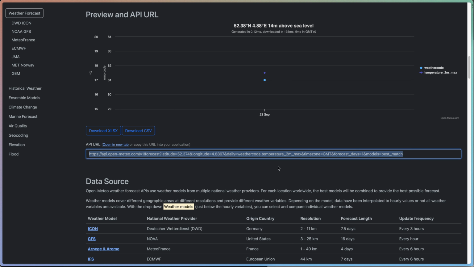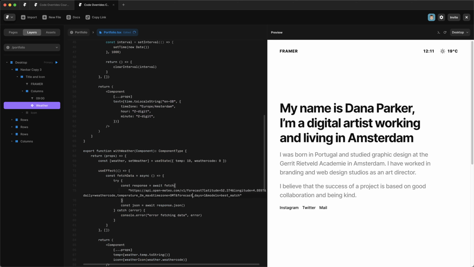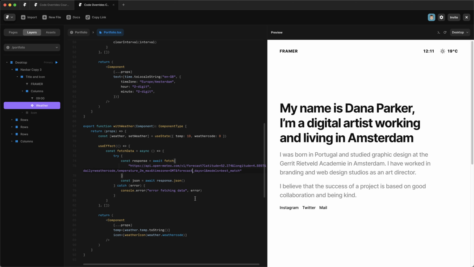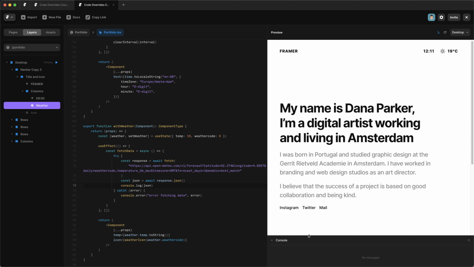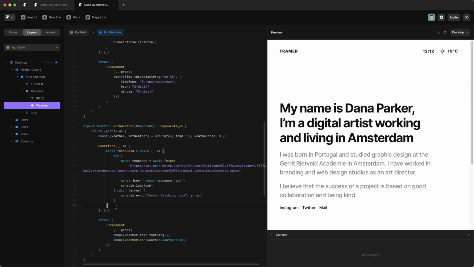So all we need to do is copy that and then just paste that string in here. Now, obviously nothing's changed in our UI because we aren't doing anything with this data, but let's just log what's being returned. So we'll say console.log, and we just want to see the JSON. So now if we open up the console, nothing's happening yet, and that's because we haven't actually called this fetch data function anywhere. So what we need to do is just go down here and actually call it,